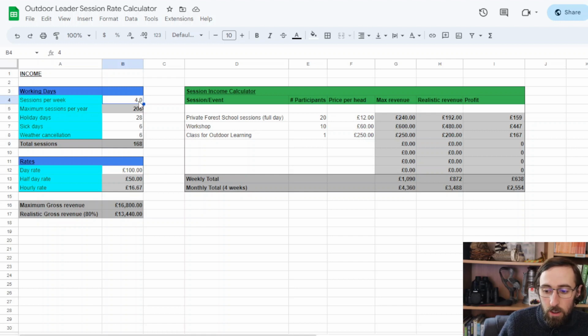But as I said, tailor this to yourself. Decide how many sessions you're going to run a week and how much outside of session planning and prep you need to be able to do, whether sharpening tools or drying out tarpaulins. There's a whole lot else that goes into that. That number will give us a maximum sessions per year. So that's the total number of sessions you could actually run here,